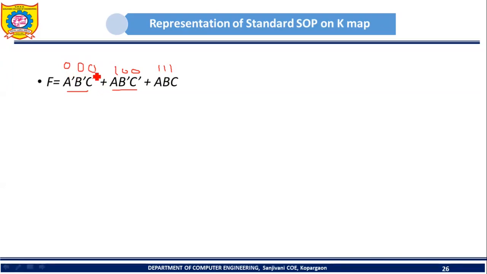So 0, 0, 0, 0, right? So I can say that 0 is a minterm present in this function. Then 1, 0, 0, convert it into decimal, so it will be 4, right? 1, 2, 4, it will be 4. So I can say that 4 is a minterm that is present in this function. So first minterm is 0. Actually I have to write like this, m0. Then the next minterm that is present in this particular function is m4.